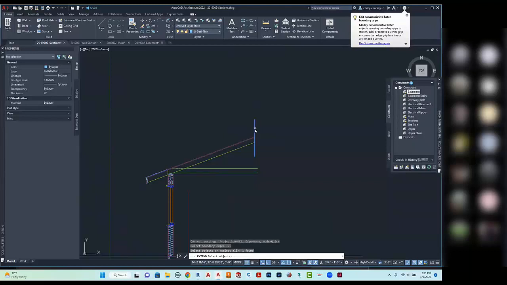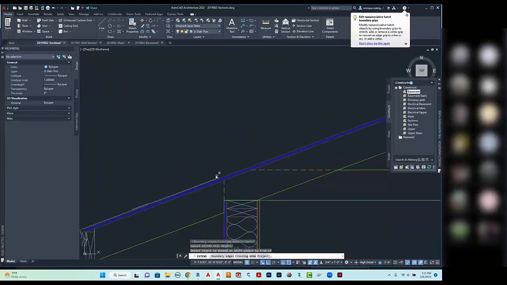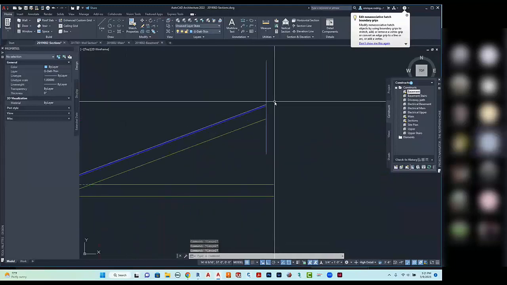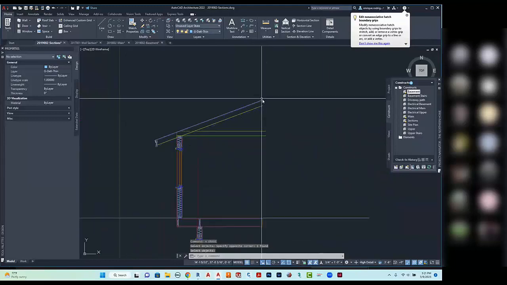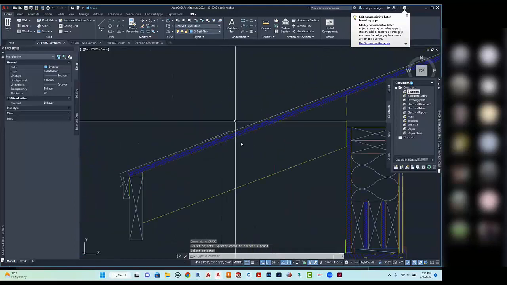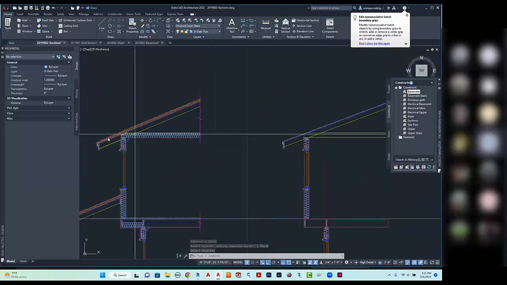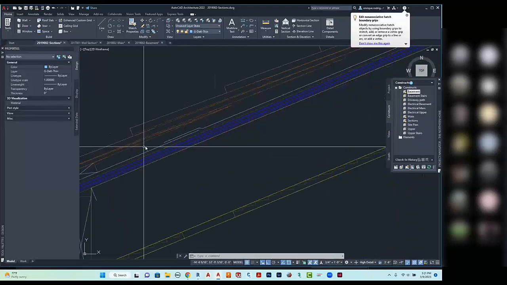Boundary edge. And extended that line over to the end. All right, the only thing that's left to do is going to be the tile work up here at the